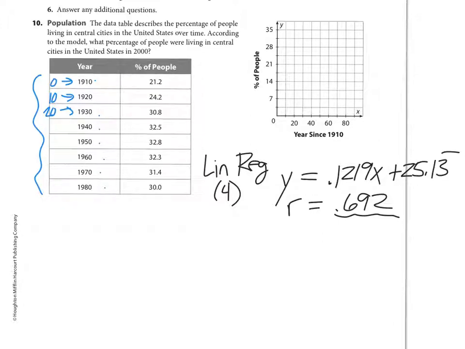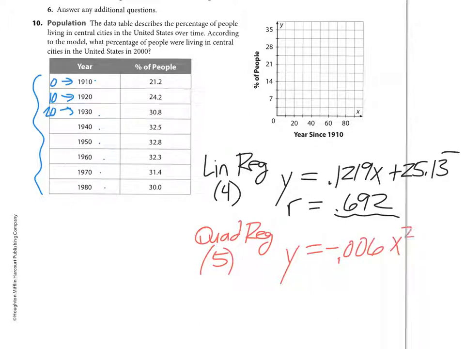Let's do a quadratic regression. So all I do here is I go right back to stat, right arrow to calculate, but this time I'm going to do number 5. So a quadreg. So this is number 5. So y equals. So I press that one, go to calculate, and I get y is negative 0.006x squared plus, I'm going to run out of room, so I'm going to have to write under it, 0.546x plus 20.89,